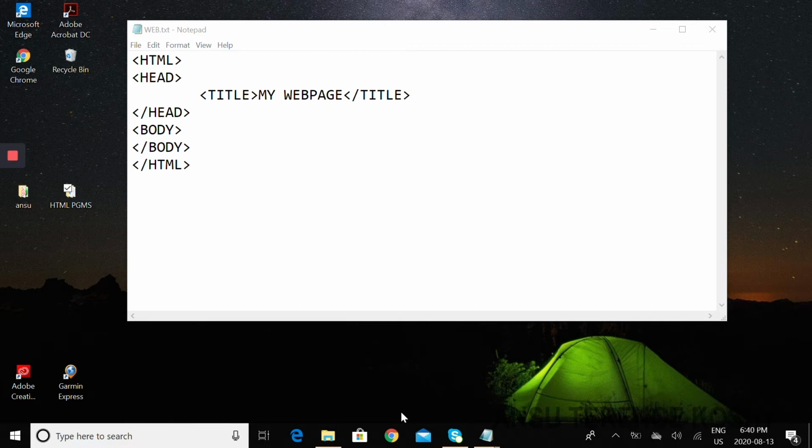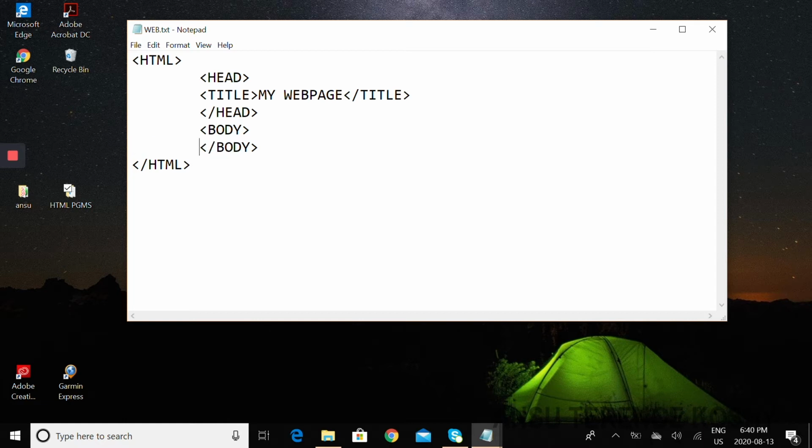Now, to start the HTML program, you should understand it has two tags. One is HTML and slash HTML. HTML is the opening tag and slash HTML is the closing tag. In between these HTML tags, you have two more tags, that is the head tag and the body tag. It was already explained in the previous video that the head tag contains the things that should appear in the title bar of your web page, and the body tag contains the things that should be placed inside the page.